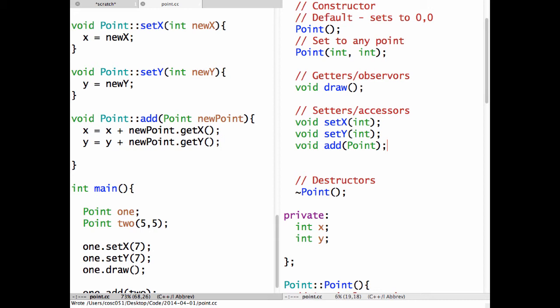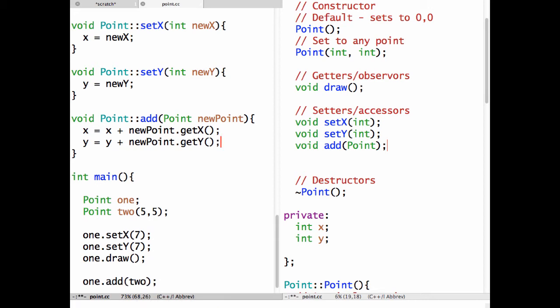Okay, so the question was, before when we had mood in a person that was a public data member, you could just alter it at your whim. In general, we don't use public data members. Most of the time we don't. I gave that as an example because it does get used sometimes, but not as frequently as private data members. Had x and y been public instead of private, we could just do newPoint.x or newPoint.y, but x and y are private in this, so we have to use the